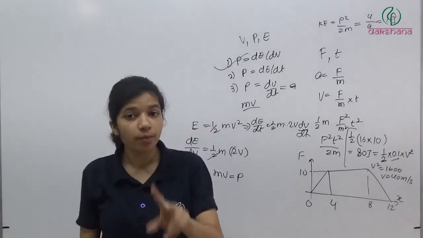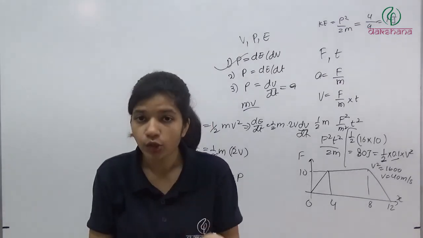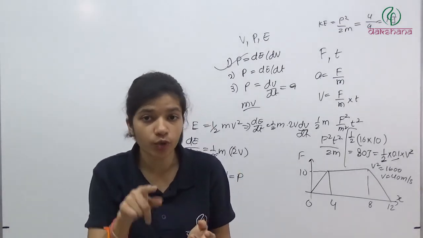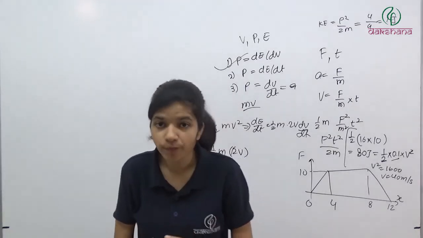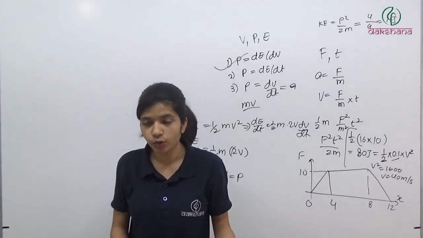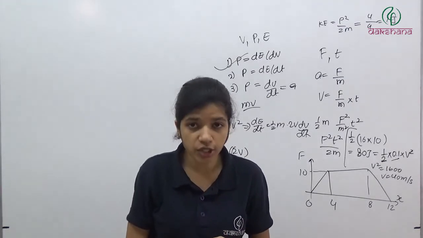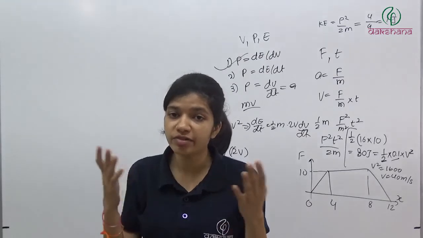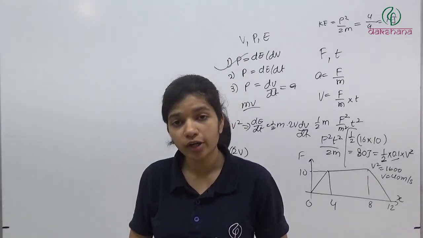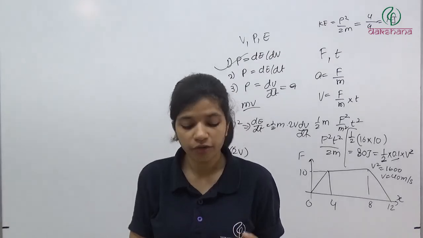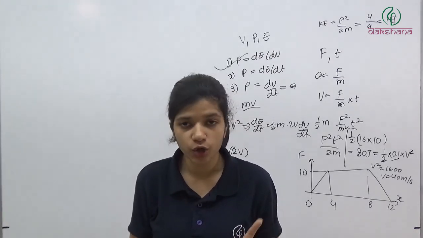So work done by friction is 0. Friction is there, but there is no relative motion, so work done by friction will be 0 because there is no displacement. Work done by normal is definitely 0. So if work done by friction is 0 and work done by normal is 0, it means work done by contact force is 0. But the second option says that work done by contact force is non-zero, so that is wrong. Work done by gravity is non-zero, given in the third option, that is wrong.